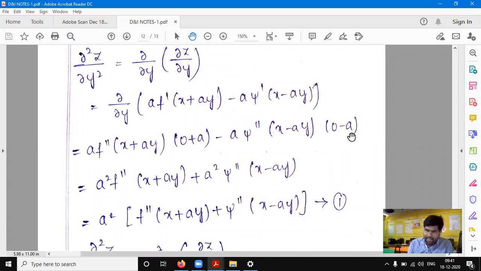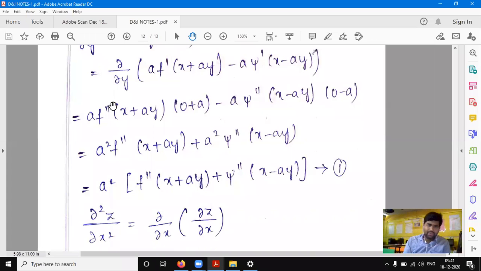So 0 plus a is a, and a times a is a² f double dash of x plus ay plus